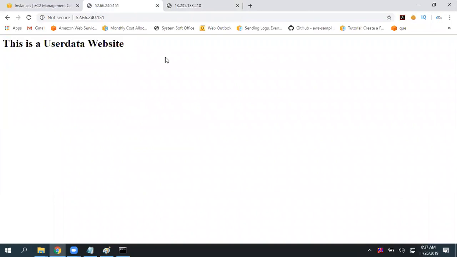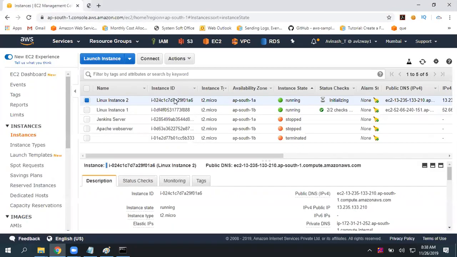This is my instance 1 website, this is my instance 2 website. Assume both are delivering the same data. Just to show you outputs, I took different data, but generally we won't go with different kinds of data for multiple instances.